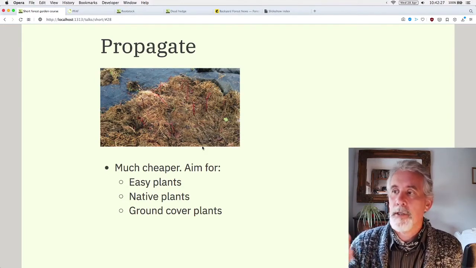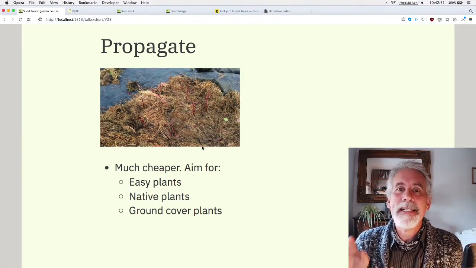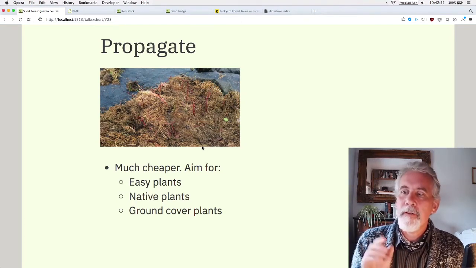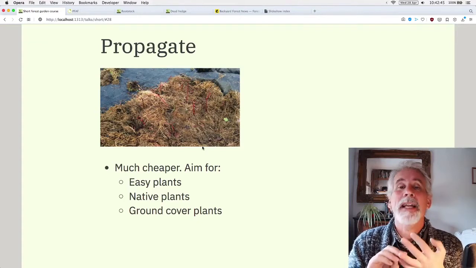Same with black currants. You can chop off branches and stick them in. But aim for easy plants. Don't worry about complicated plants. Aim for easy plants, and there's a range of different ways of propagating. Look at the RHS website for methods of propagating. Go for easy plants, native plants, because they will be around and you can propagate them easily, and ground cover